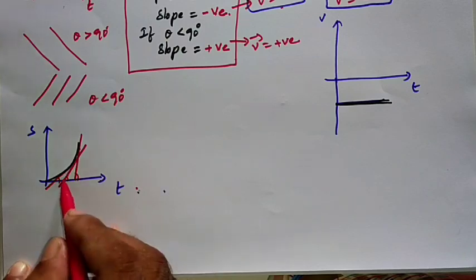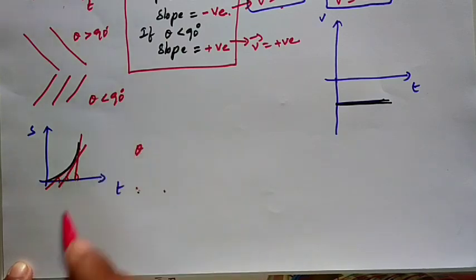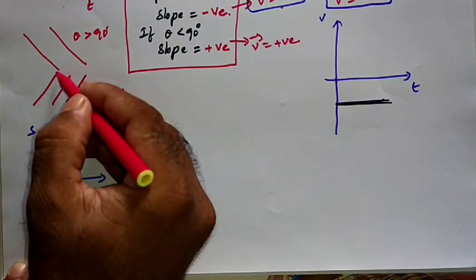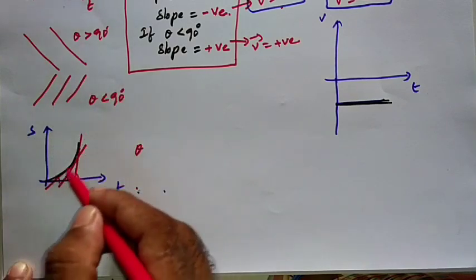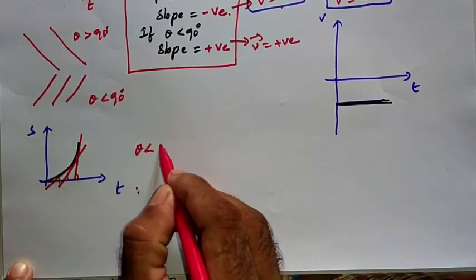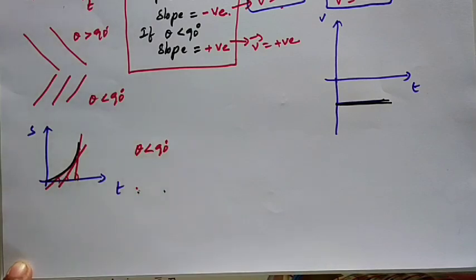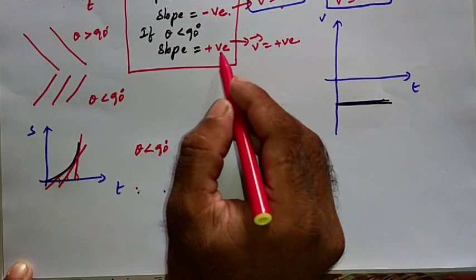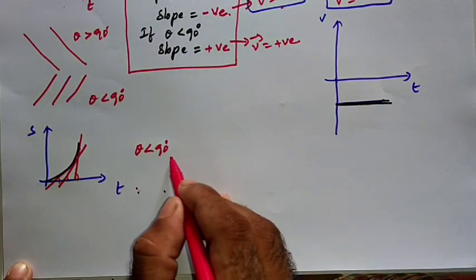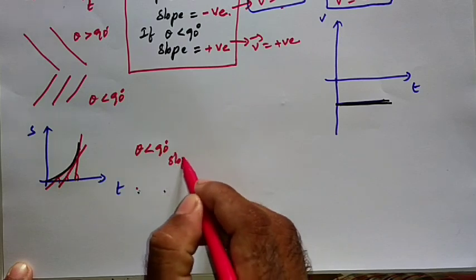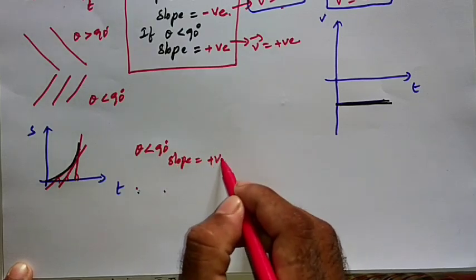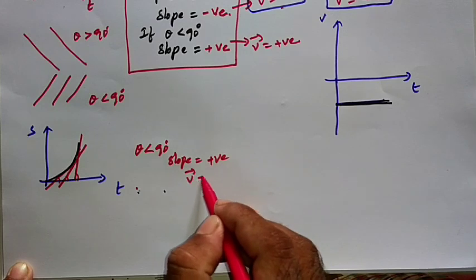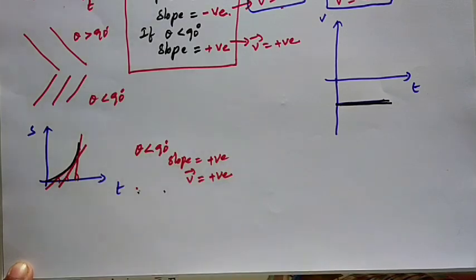Now these are the angles, meaning slopes. Is this angle theta less than 90 or greater than 90? See this, forward we have drawn, yes or no? Then theta is less than 90 degrees. When theta is less than 90 degrees, is the slope positive or negative? Very good. Slope is positive. That means velocity is positive. Clear? And next thing is